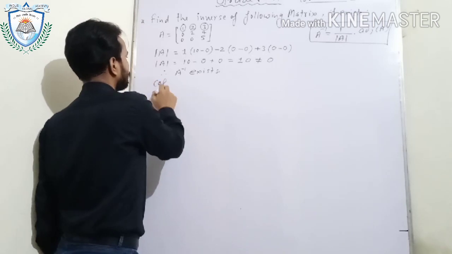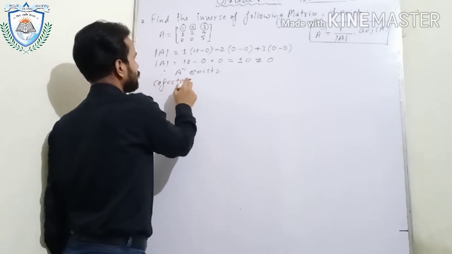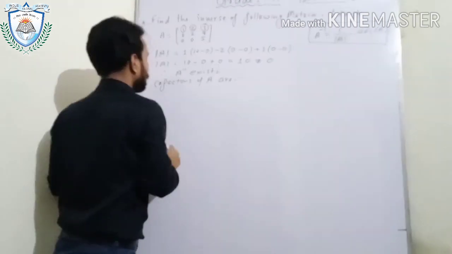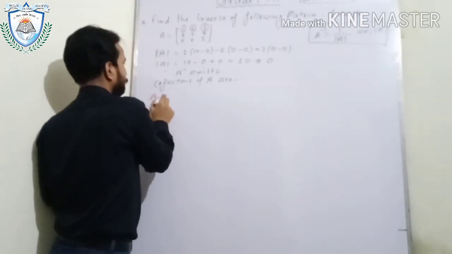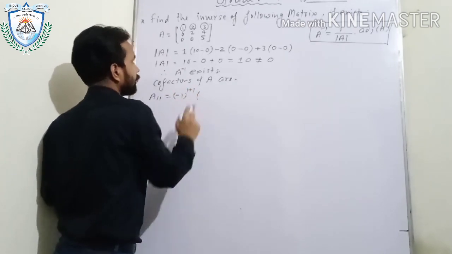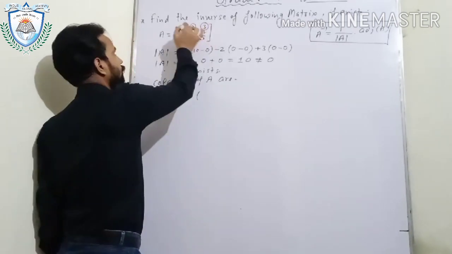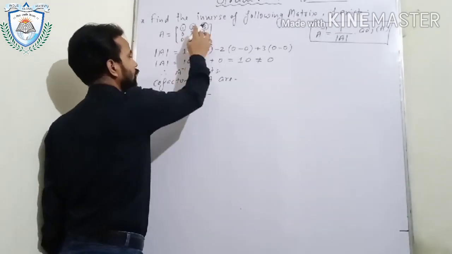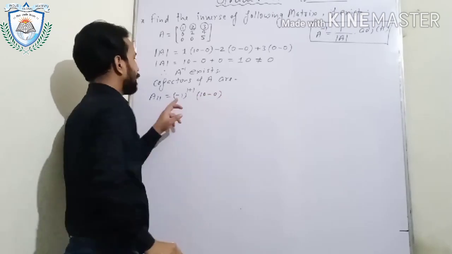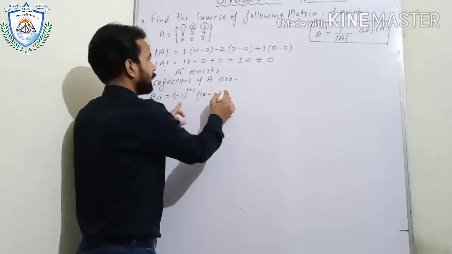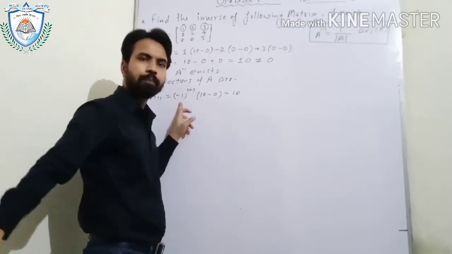So now the cofactors of A are, first cofactor is A11. So it is minus 1 to the power 1 plus 1, A11. So first row, first column we will hide. So 2 5s are 10, minus 0 4s are 0. Minus 1 to the power 2 is positive 1. Positive 1 into 10, we will get 10.